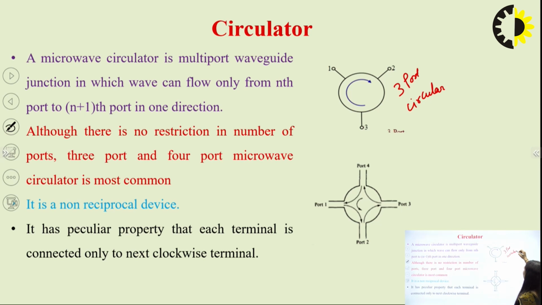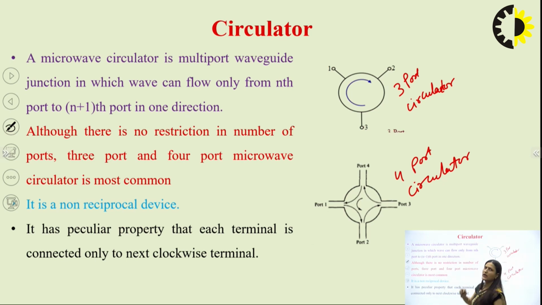Circulator, right? And this is your 4-port circulator. So a microwave circulator is a multi-port waveguide junction in which a wave can flow from the nth port to the (n+1)th port